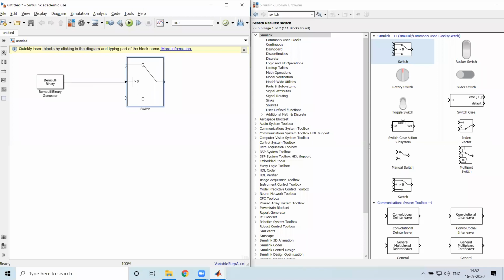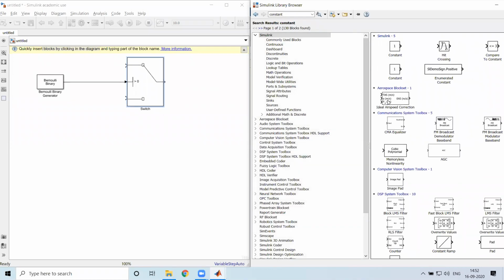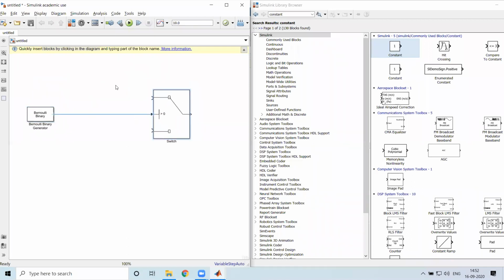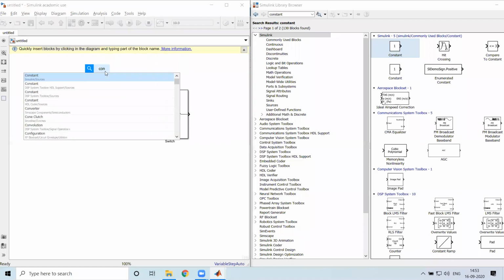Now here we have another option, that is constant. We have something called constant over here. This is the third method of adding a block: you can type in the name here itself.